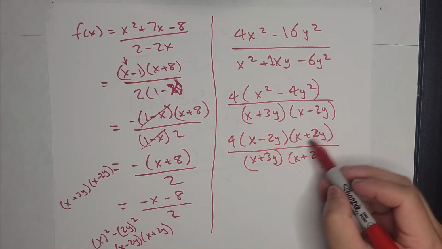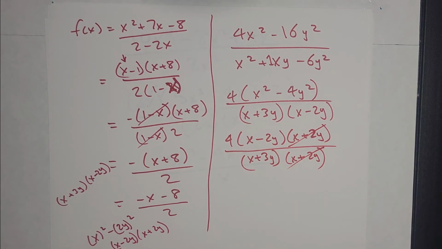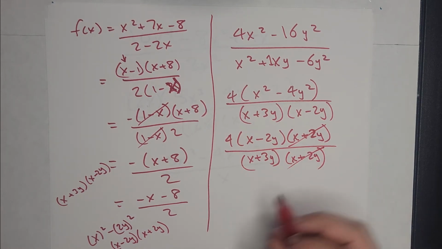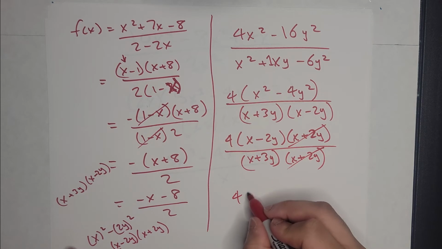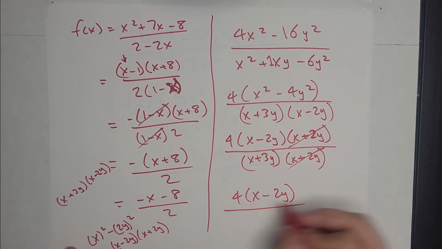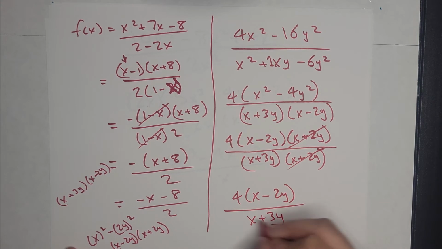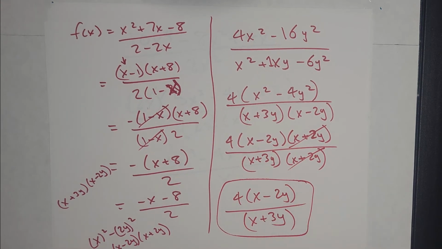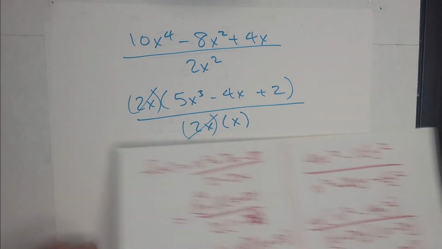And now, boom, we have a common term in the numerator and denominator. And now I can write it out as 4 times x minus 2y over x plus 3y. And that's that. That is how